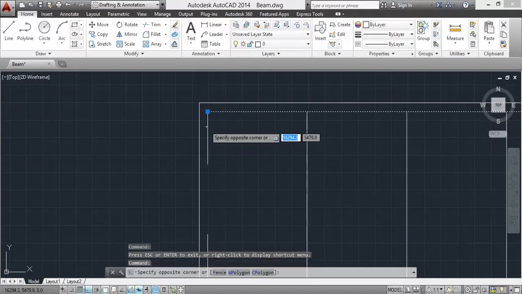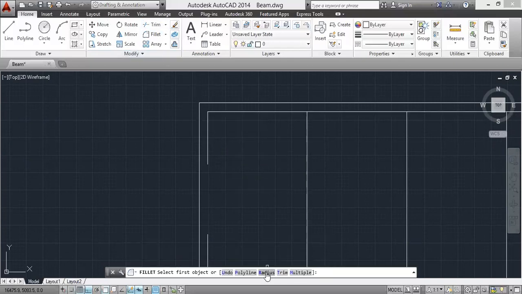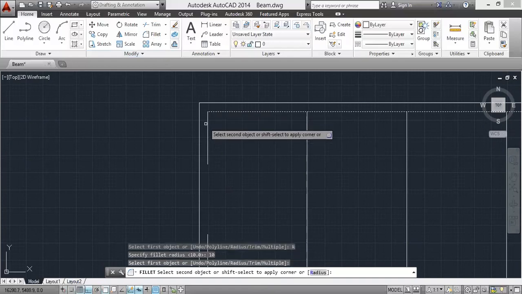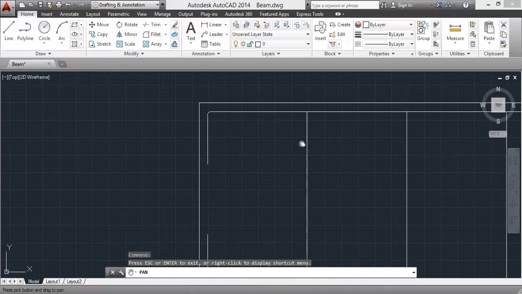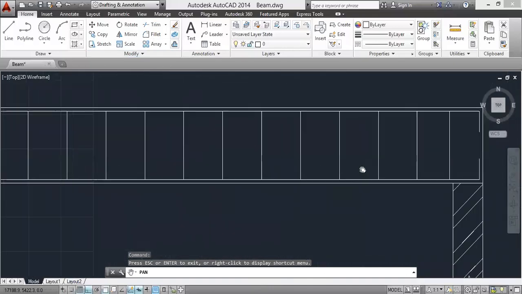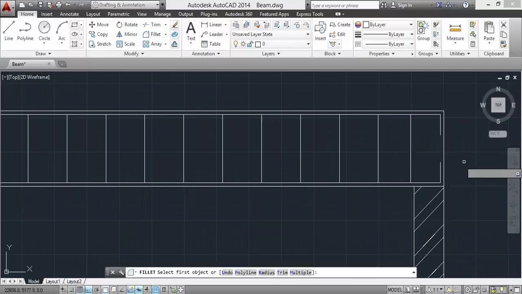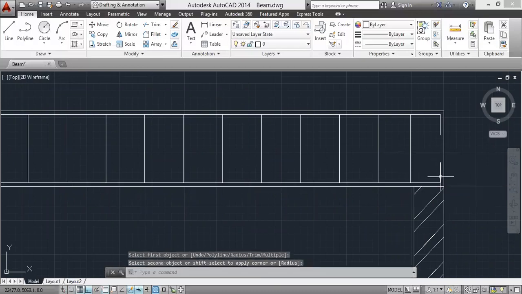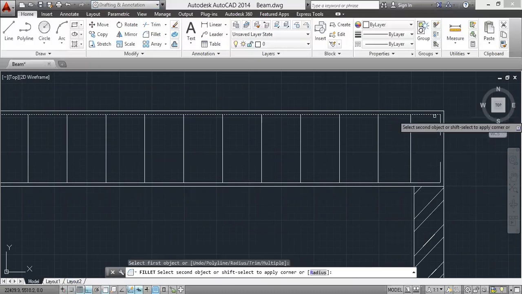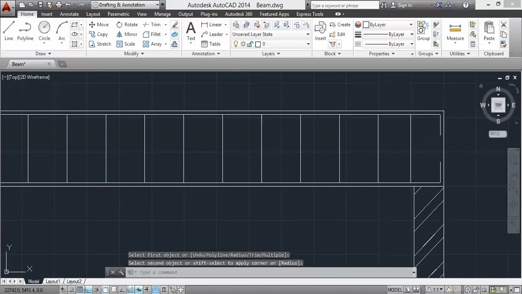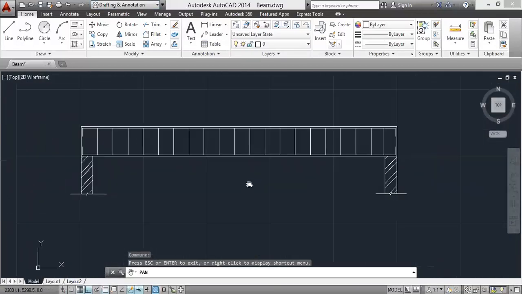Select this one, fillet, radius 10, enter. Okay. Now it is okay.